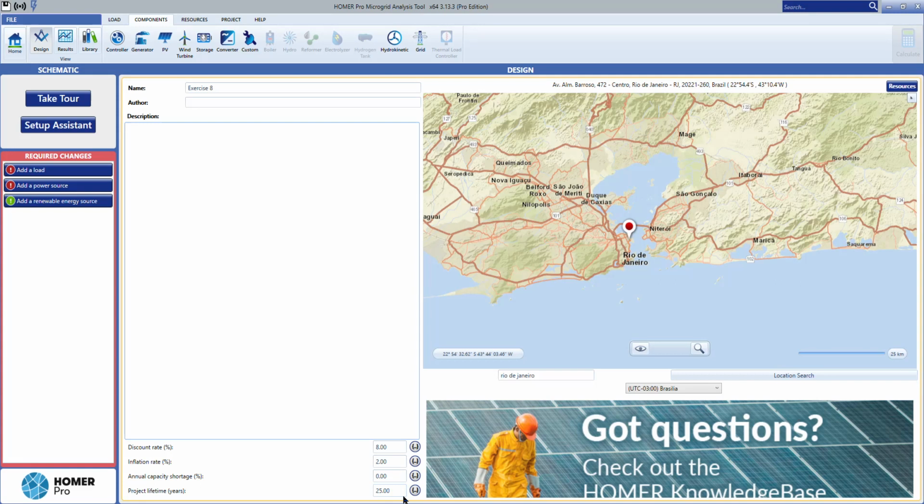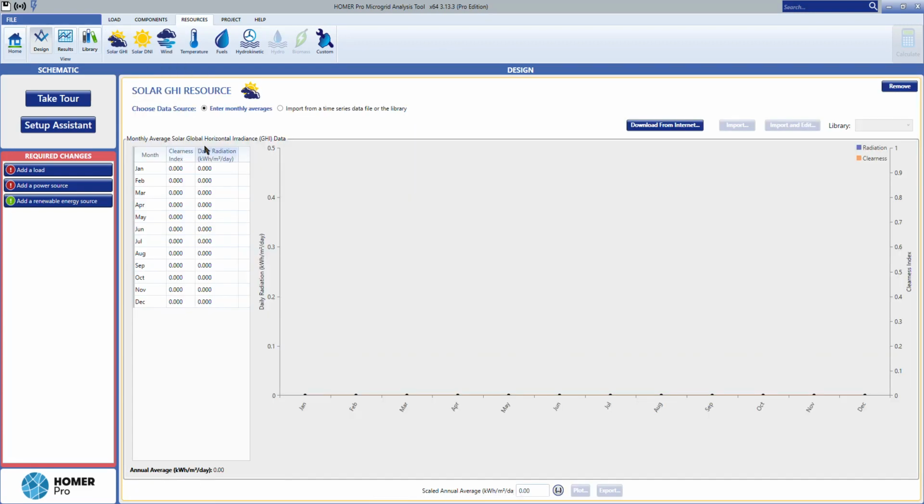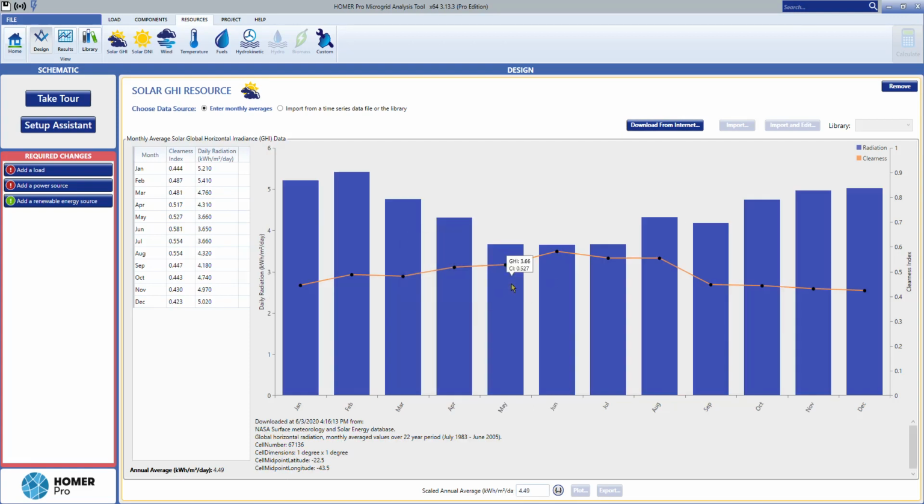So first of all, the question says that daily irradiance at the worst months of the year in Rio de Janeiro is 4 kilowatt hours per square meter per day. I don't want to enter exactly this number. We're going to choose what happens exactly with the NASA data. So I'm going to go inside the resources and then click on solar GHI, global horizontal irradiance, and since I have chosen already my location, I only need to click on download from internet,